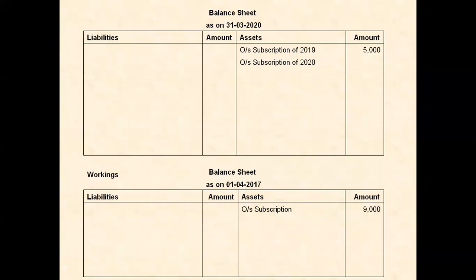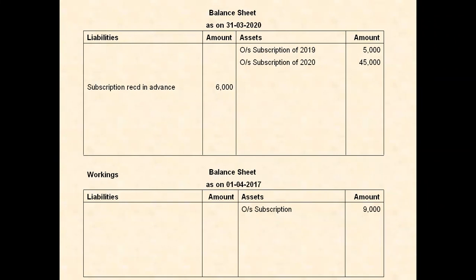Right? And outstanding of current year was rupees 45,000. Received in advance for next year, closing balance sheet liability side, 6,000. Okay, so I've completed the point of subscription. Remember that 5,000 still in arrear. Out of 9, 4 was received and 5 is still in arrears. So this word 'still' was important here.